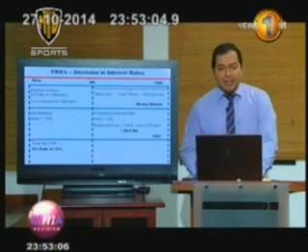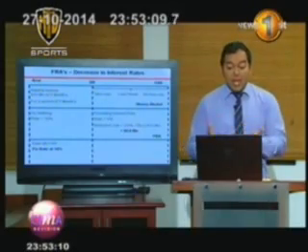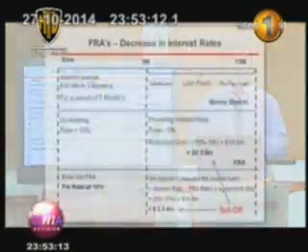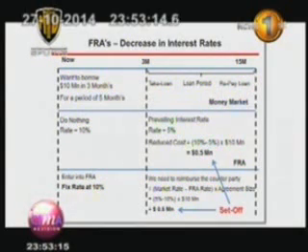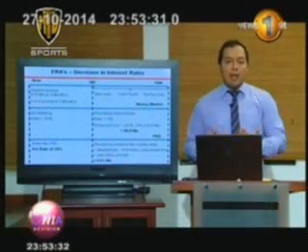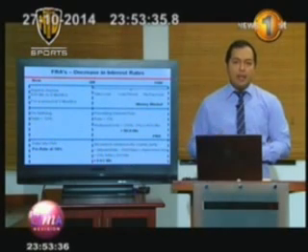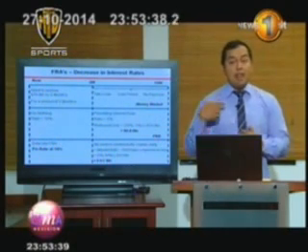Same set of transactions. Let's straight away go to the market transaction and the FRA. If the interest rate moves from 10% to 5%, you're saving 5% of interest cost. So therefore you're actually getting a benefit of 5%. However, because you entered into the FRA, you now need to reimburse the counterparty. The counterparty comes to you and says, look, you fixed your rate at 10%, but you're only paying 5%. Therefore, please give me back that other 5%.